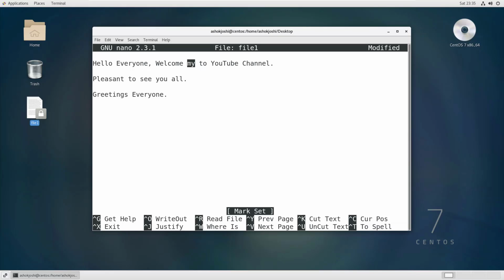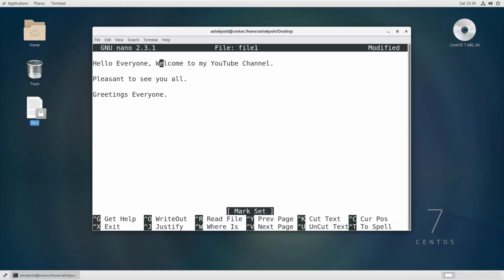Now here we have selected my, and what we have to do is cut this my. So how to cut? I had taught you, right? Control K. This is the option in order to cut. So now we have selected this my and we can cut it using Control K. In Windows we use Control X, so here you can use Control K. So how to paste it? Use Control U. This is the option to paste it. So this is how you can cut a particular word from this file using Nano Text Editor.